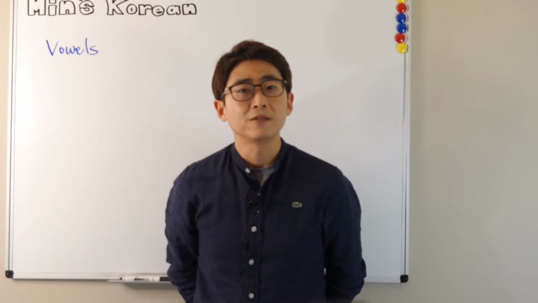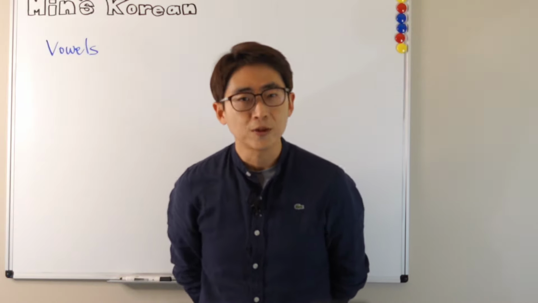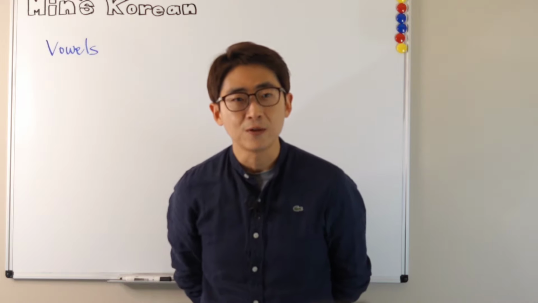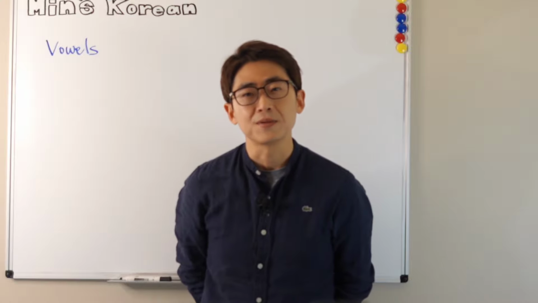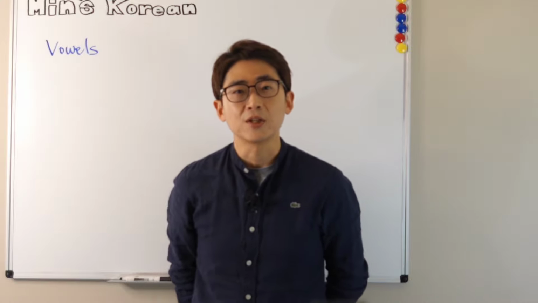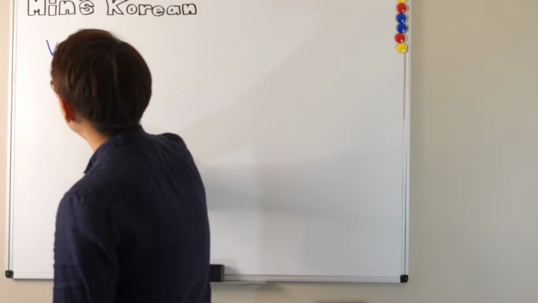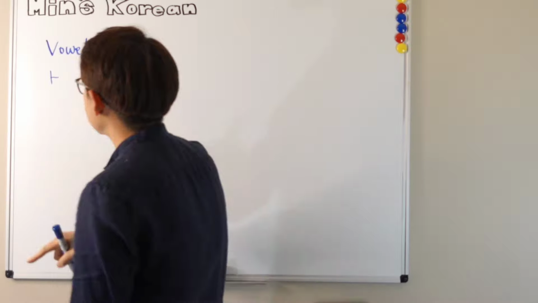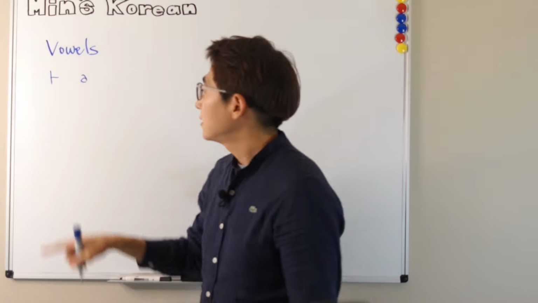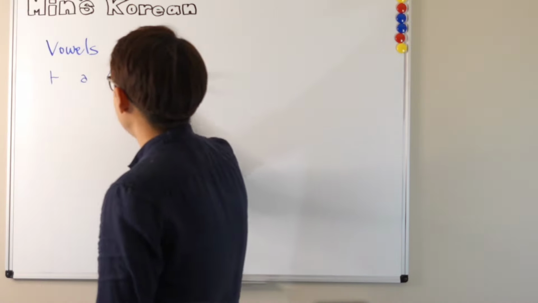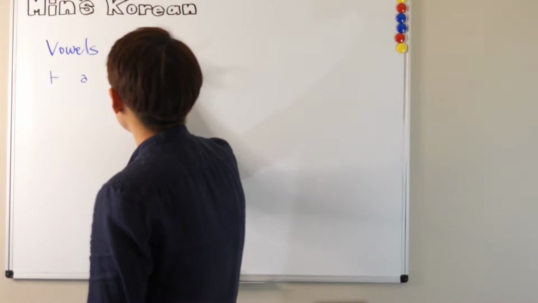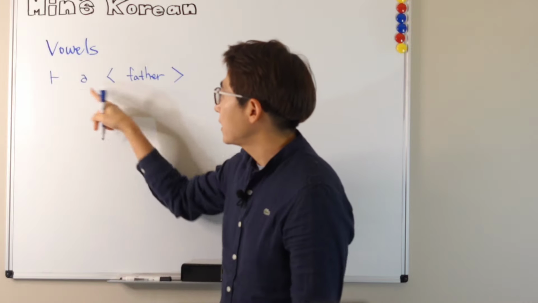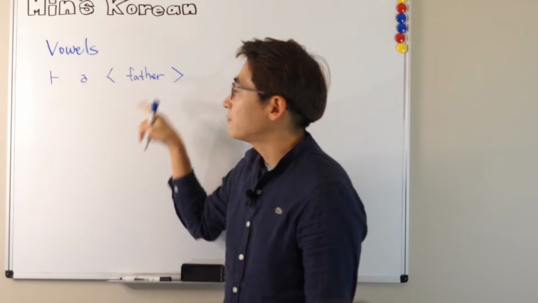Okay, let's talk about vowels. Hangul has a total of 21 vowel symbols. Among them are 11 basic vowel and 10 double vowel symbols. The basic vowel symbols include A. The English representation is this one, A. An example would be